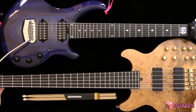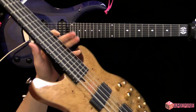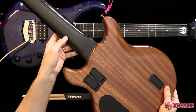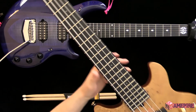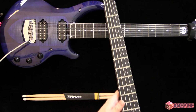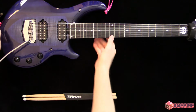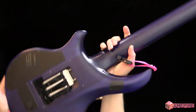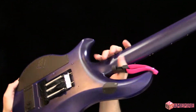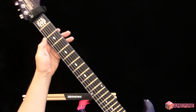So if you take a look at these instruments here, this is a Mark King Status. It's ordered out of London. And so when we get something like this that you order special, you look for any imperfections. And my son's had it for almost 2 years now, and it's well taken care of. Yes. And so that's this bass. That's David Jr.'s. And then here's a Majesty from John Petrucci guitar that my son got. It's a 7-string. And that's Eddie's. With a through neck. Okay? So you look, and it has stainless steel frets, which are really hard to work with. But the point is,